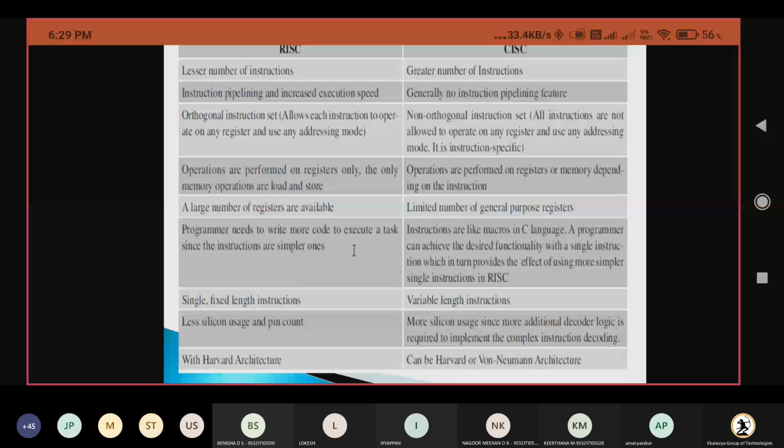Now I will try to explain what is meant by CISC and what is meant by RISC. CISC is nothing but complex instruction set, and RISC is nothing but reduced instruction set. Before going to that, first we need to know about the instruction, which we have seen. An instruction is nothing but giving a command. If we combine these sequentially, that is called a program.